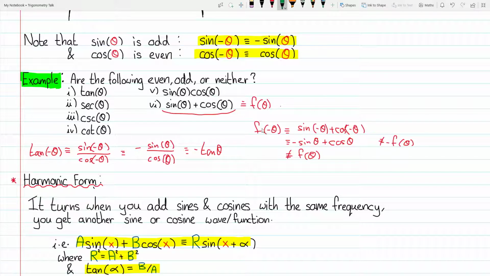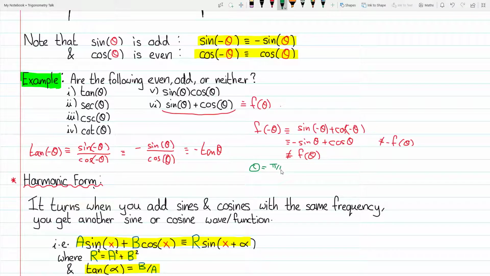And so to actually prove that this is neither even nor odd, you prove it via counterexample. The counterexample is to take this expression and find a value of theta such that this expression is neither positive nor negative. So this expression doesn't equal this and doesn't equal that. So